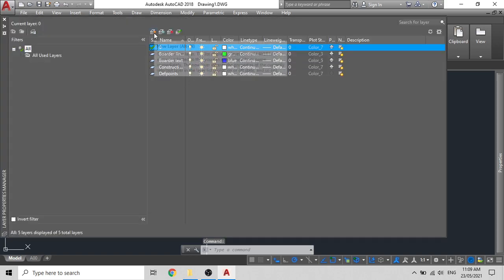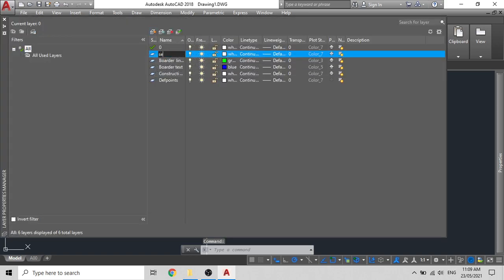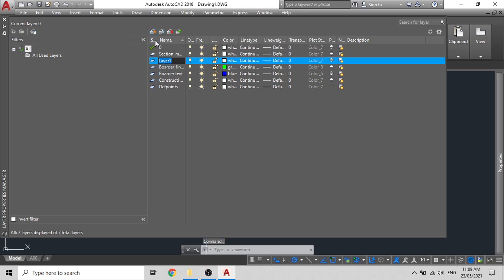The first layer that we will create will be a section marker. The second layer that we create will be a callout block.